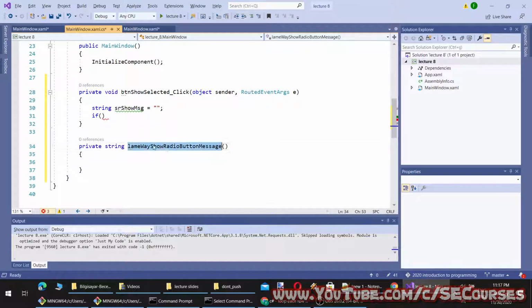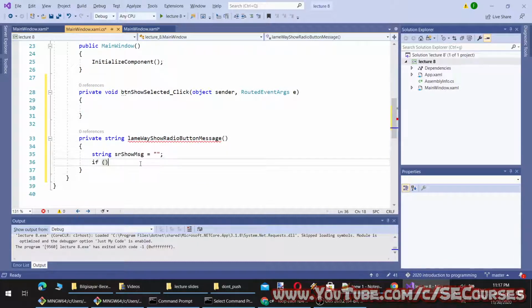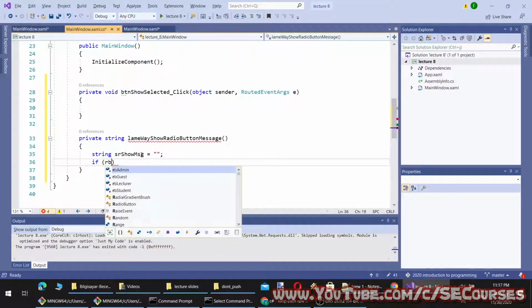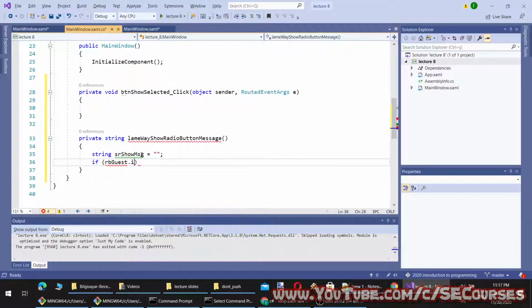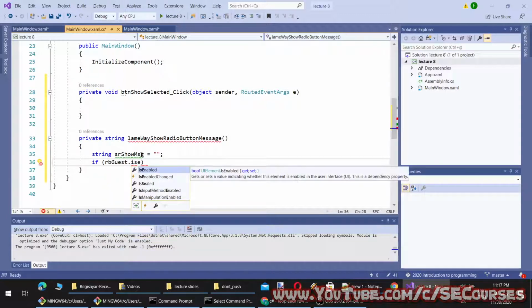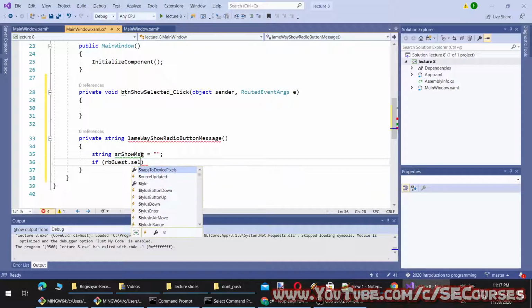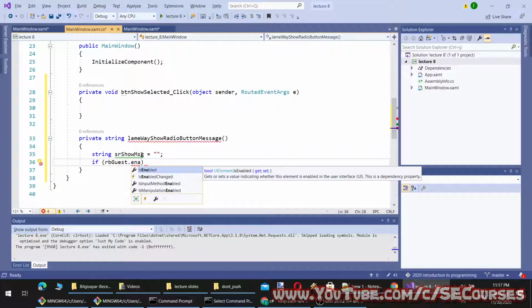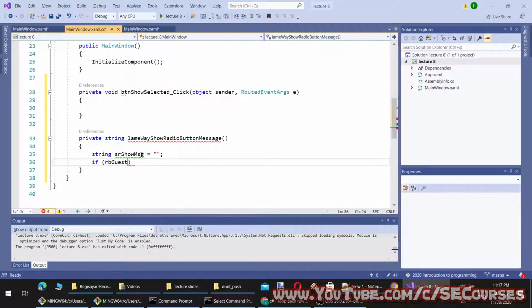So this is a method that takes no parameters and it will return a string. I'm going to make it like this. If Rivi guest is selected, it is enabled, not enabled. Is checked. Okay, is checked is the correct property. The message will be equal to